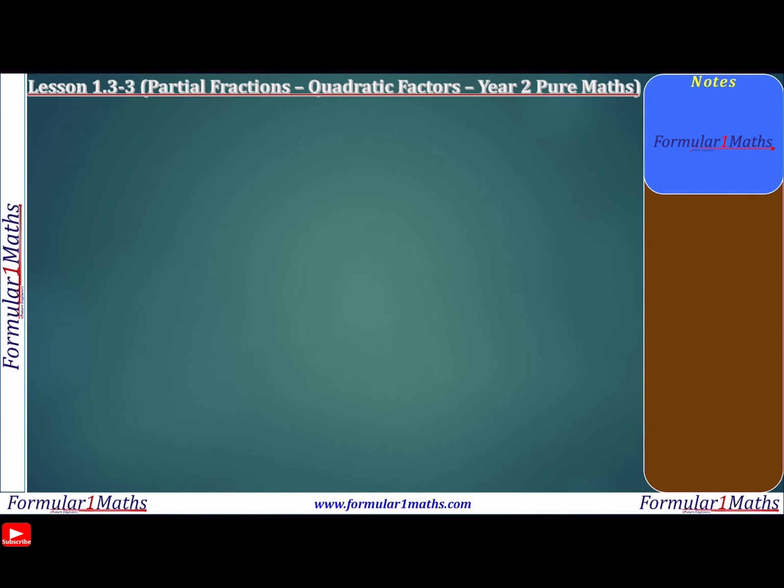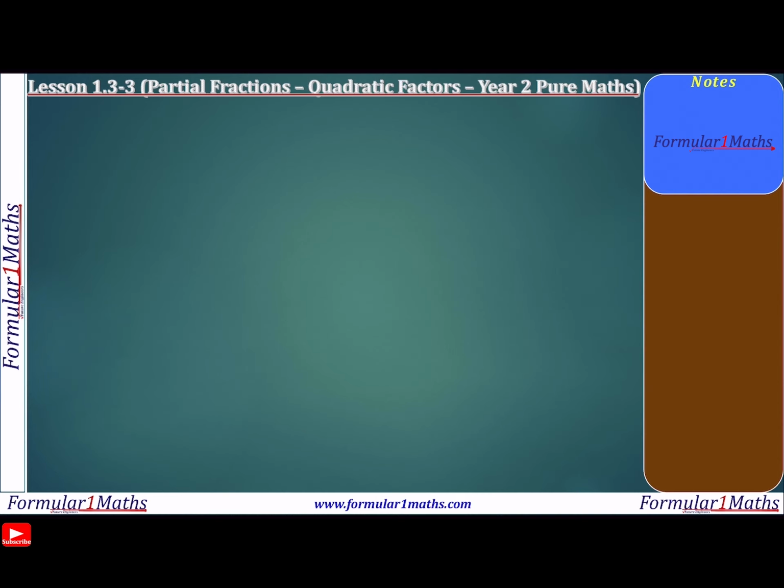All right, this is lesson 1.33, and it's on partial fractions, A-level pure maths, year 2. In this lesson, we are going to learn how to split algebraic fractions which have quadratic factors in their denominators